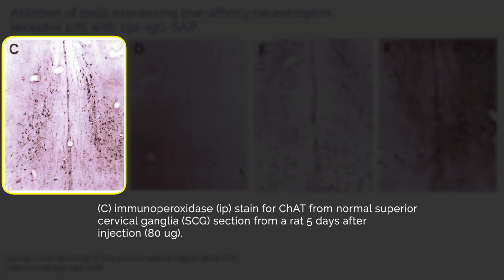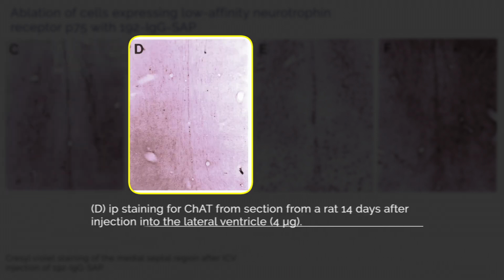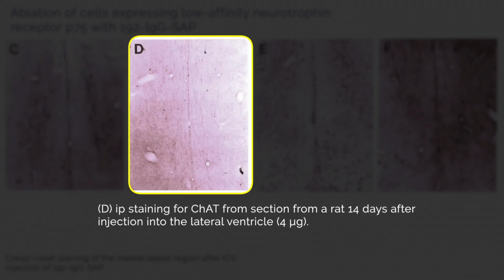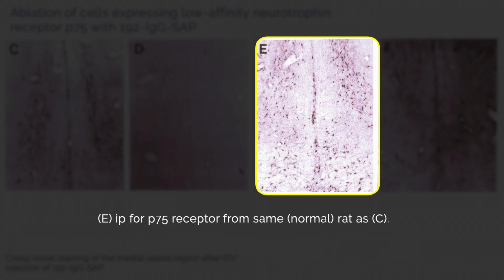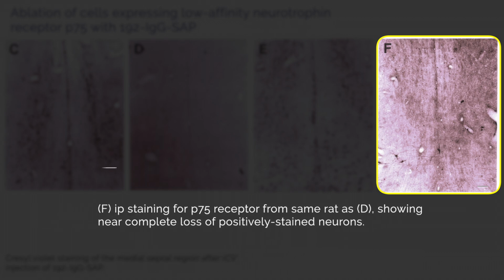Again, panel C will be the control, panel D is the treated sample, panel E will be control, and panel F will be the treated sample. And again, what you're seeing here is just the significant loss of those particular neurons that were targeted within 192 IgG-saporin. And again, you're not seeing actual physical damage to the tissue, just the loss of those particular